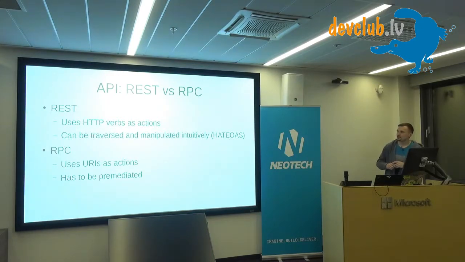First of all, the difference in these two styles is that REST uses HTTP verbs like get, post, put, and delete. There is no update, I'm sorry. Patch and stuff to do things. So these verbs define what will happen. And the API should be traversable and discoverable. It should be intuitive in that sense. I'll talk about HATEOAS a bit in the next slide. But basically, that's what I mean when I say REST API.